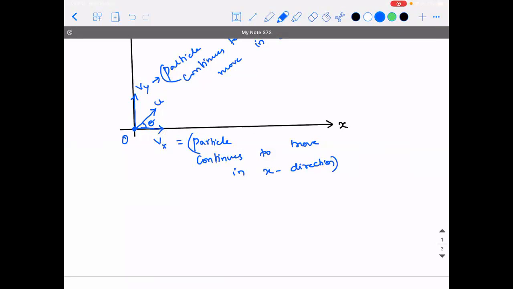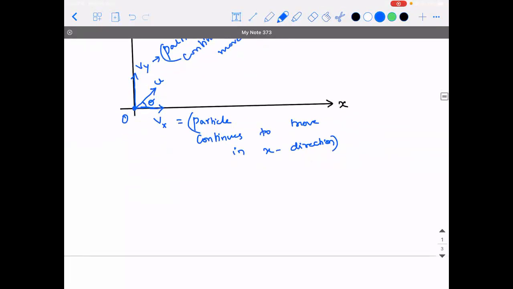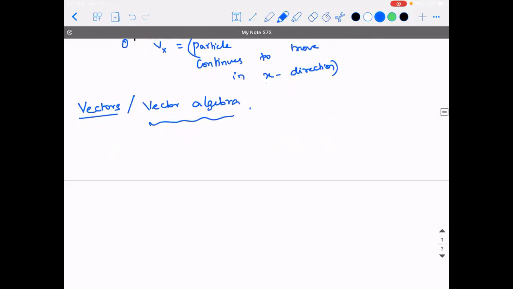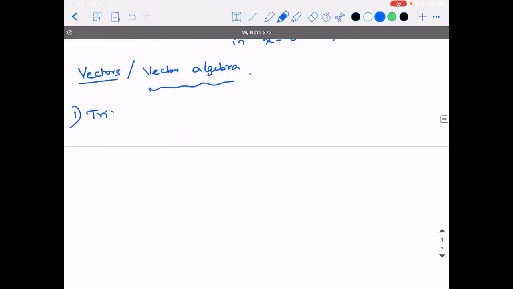If that is going to happen, for us to analyze the motion of this object in terms of mathematics also, we need to know certain basics for it. So there is one important point I'm going to tell now. Listen to this carefully. We have already discussed vectors, or I can call it vector algebra also. In vectors, what were all the important points or theorems we were concentrating on? There is something called the triangle law of addition.